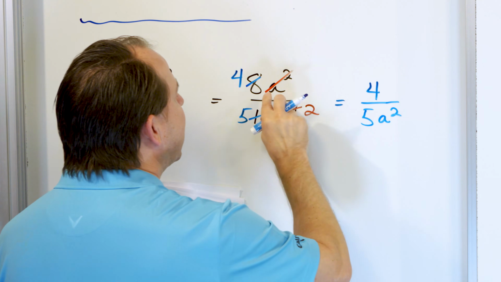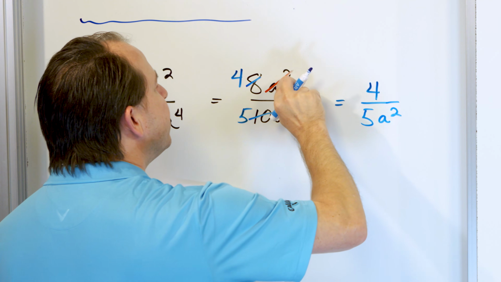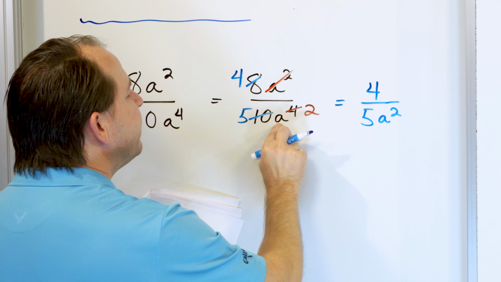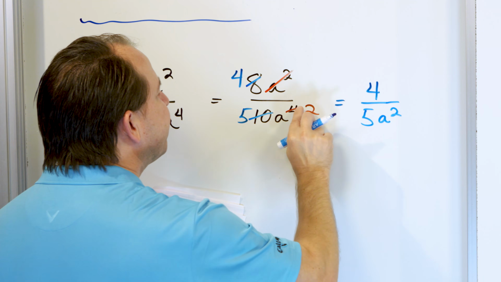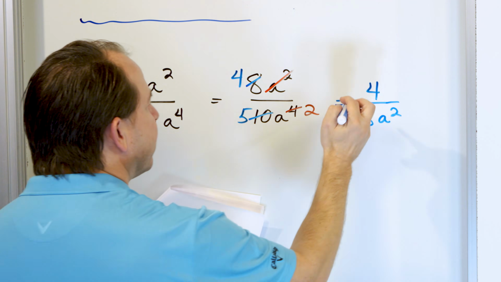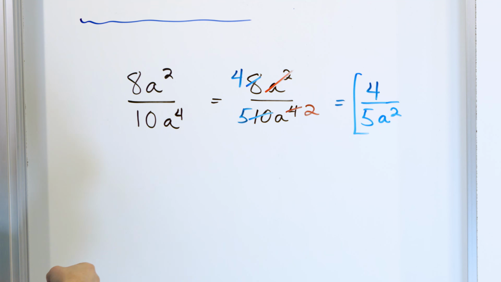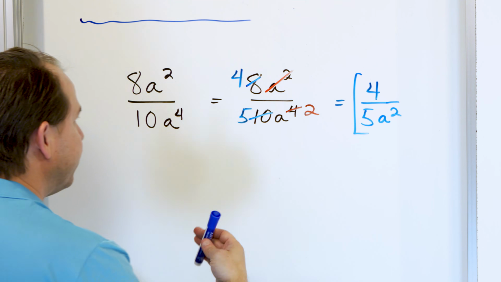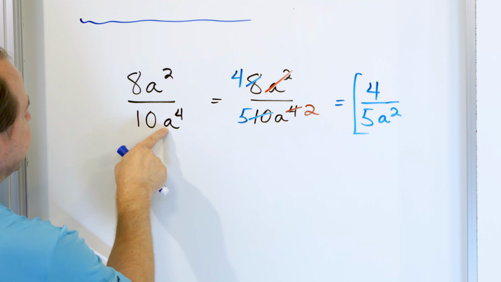Notice how when I'm striking through the entire thing, I go through the variable and the number, but when I'm leaving the variable and I'm just changing the exponent, I just strike through the number. So it's 4 over 5a squared. That's the final answer. Now, if you want to think about it in terms of subtracting exponents, same base, subtract